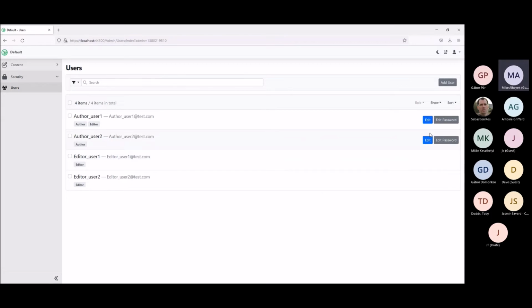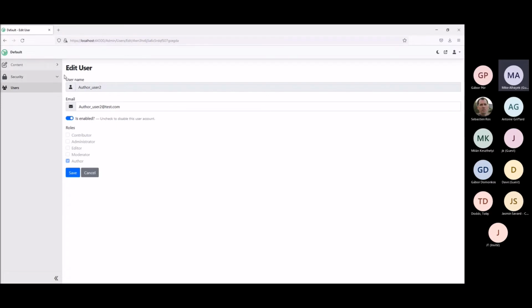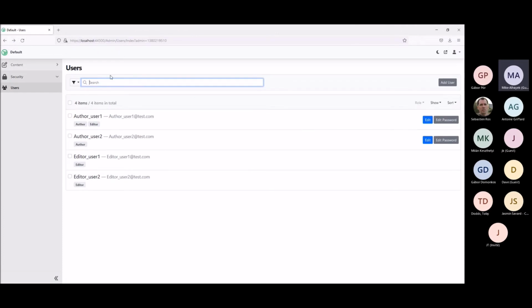Orchard will allow it. And then in here, you can edit an author. Again, there's not much you can do here, because you don't have the authority to assign roles, so you can't really do a lot with this type of settings, but it's flexible enough to allow you to do that. I think this is all the demo.